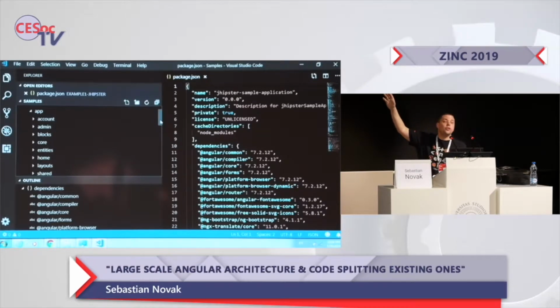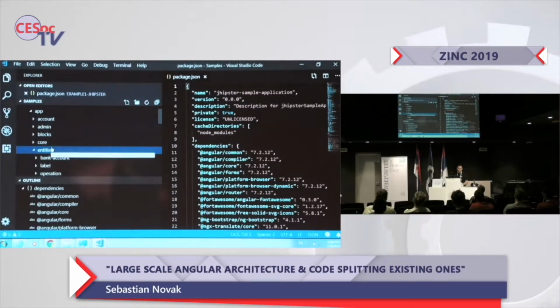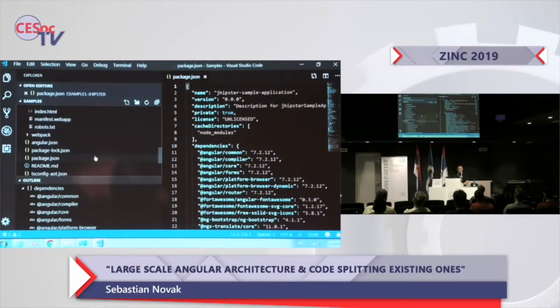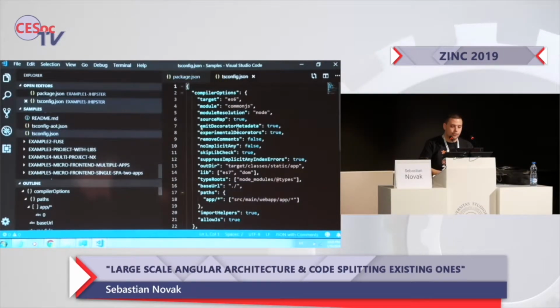The root app module shared, and some specific modules with entities, CRUD applications, etc. Its TypeScript config uses a trick. It uses app. This is not exactly a symbolic link, but actually it enables you to write, instead of relative, absolute requirement in